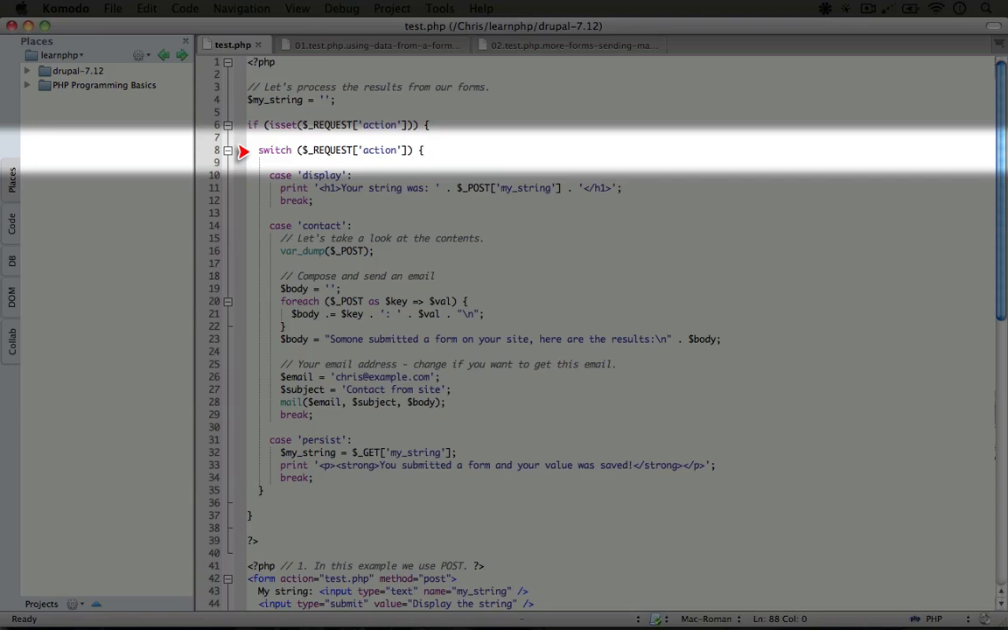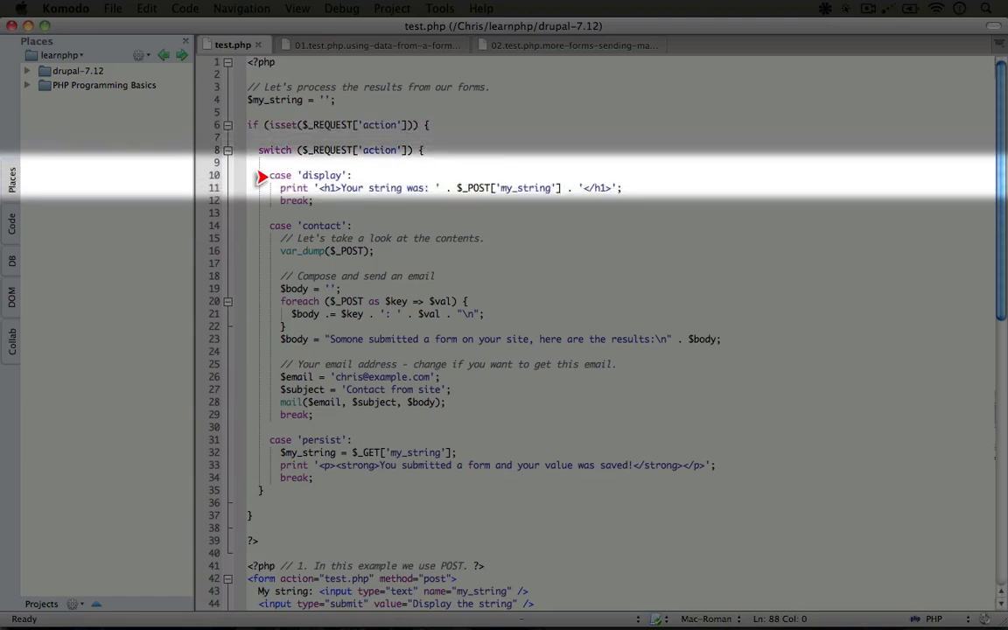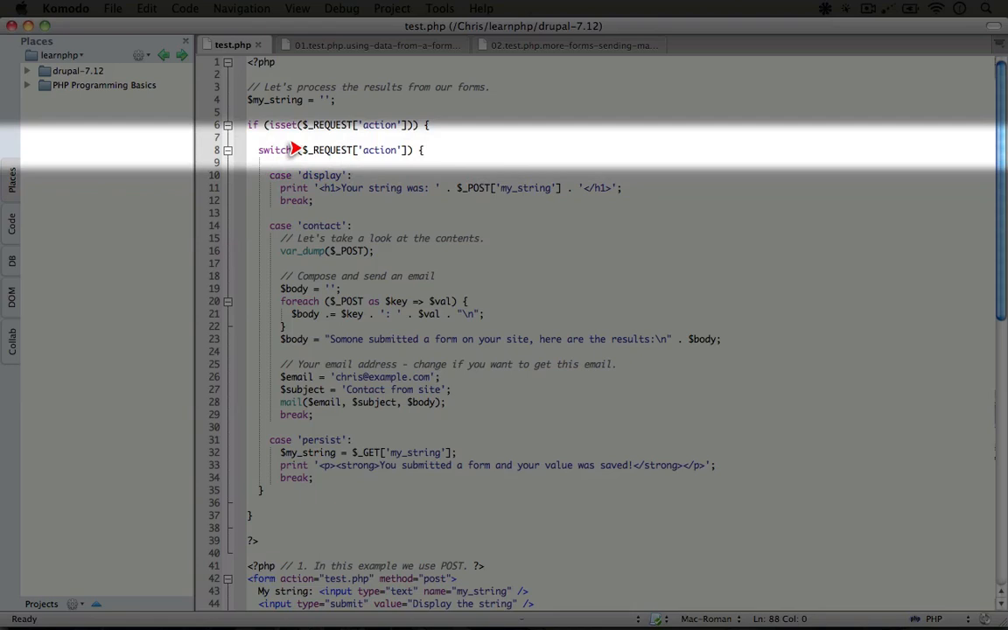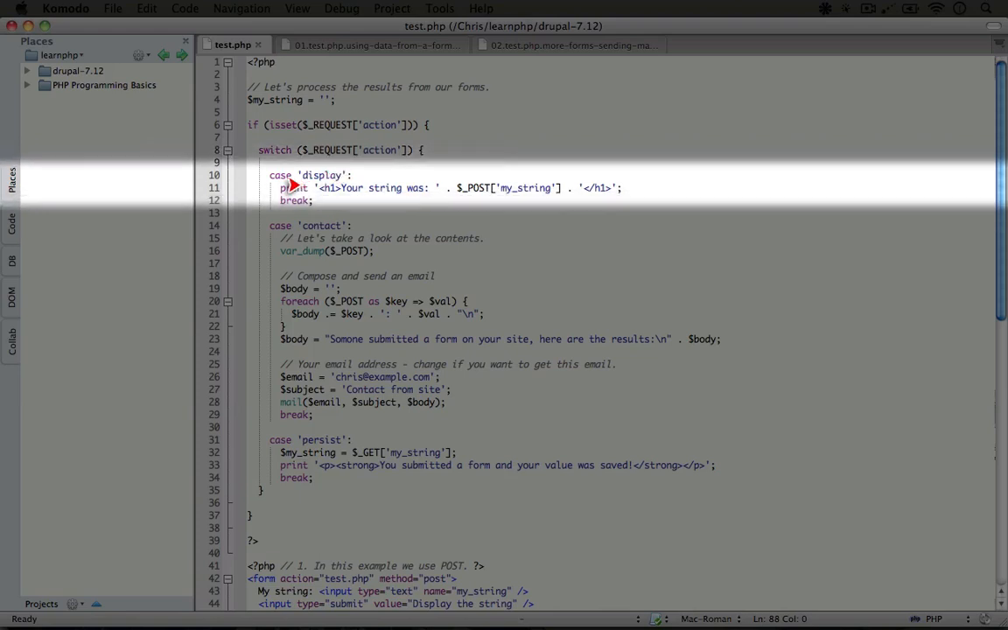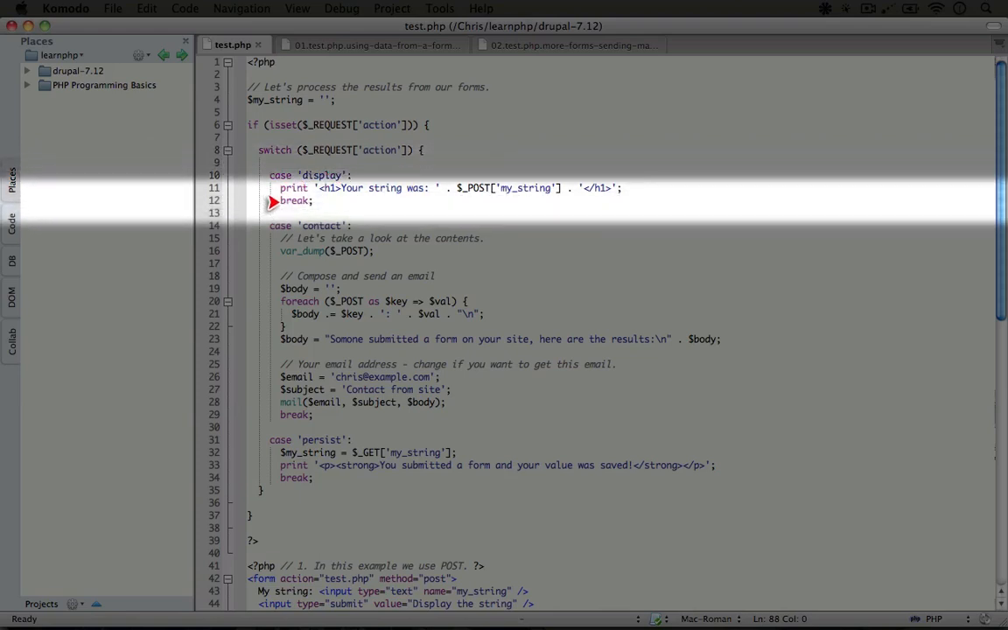So the way we construct it is we use the switch keyword here, and then in parentheses, we have the value that we're going to be comparing against. In this case, it's the action input. Then we use an opening curly brace, and then each time we want to compare the value of this against something else, say to check if it equals display, we'll use the case keyword, a space, and then in quotes, the value of that item. At the end of the value, we'll add a colon, and then we'll add the code that we want to run, and then most of the time, at the end of that code,